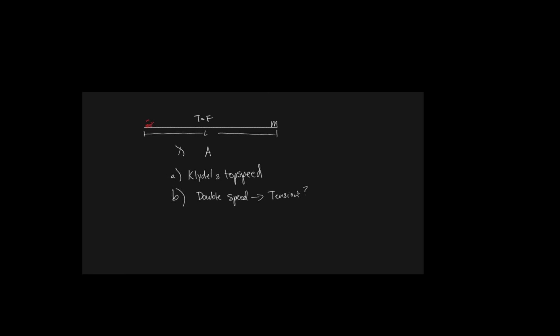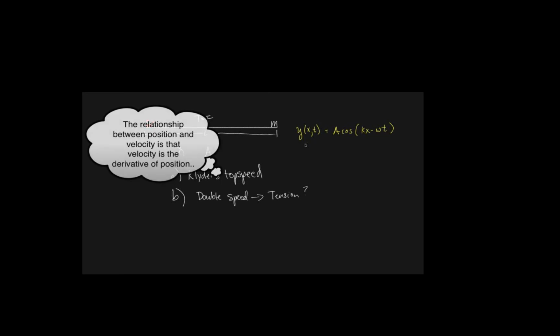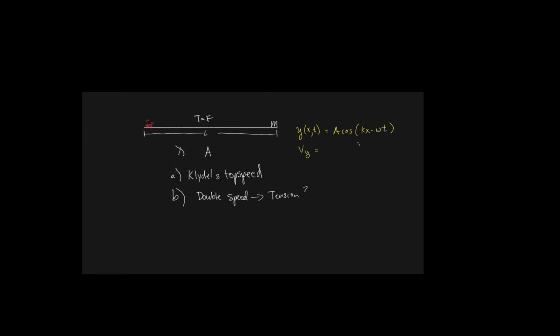Good. So, what is the position formula? We're talking about a transverse wave. So what is the velocity in relation to this? If this is the position, the velocity is going to just be the derivative of that, wouldn't it? And we're going to be doing it with respect to